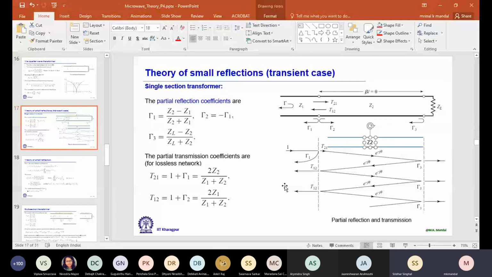Sir, what if I calculate the ABCD parameters of this line Z2 and then convert it into S parameters? Again, the same thing. You can calculate S parameter, ABCD, or it can also be Y, Z, H parameter, anything, but you are doing it for a section of transmission line only. But for a matching problem, it is something else. I don't want any reflection from this junction. So whatever power I am delivering to this, it should absorb that. So then we have to plot gamma basically, or S11. It becomes a single port problem.